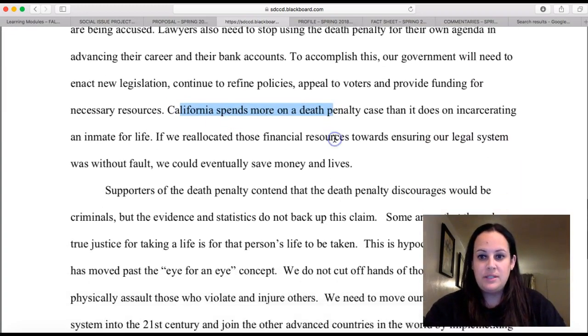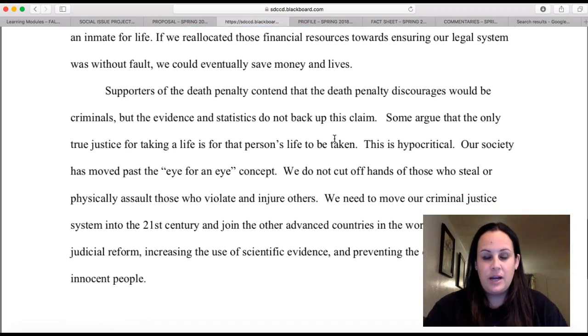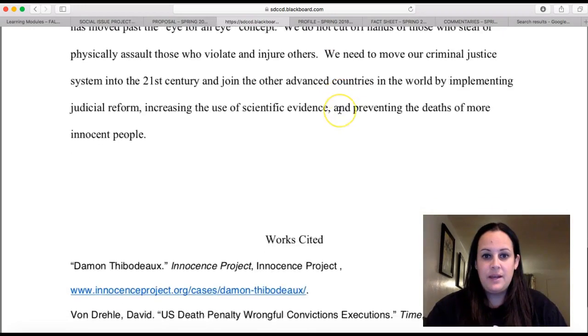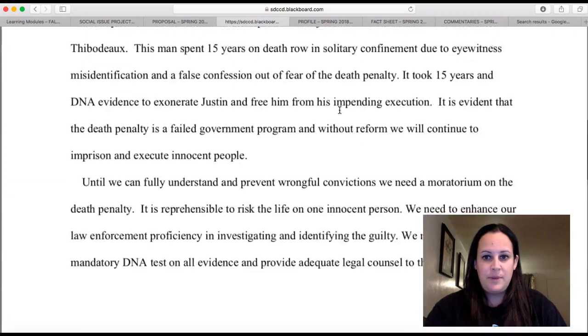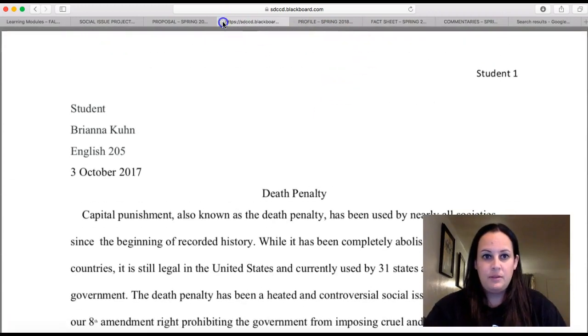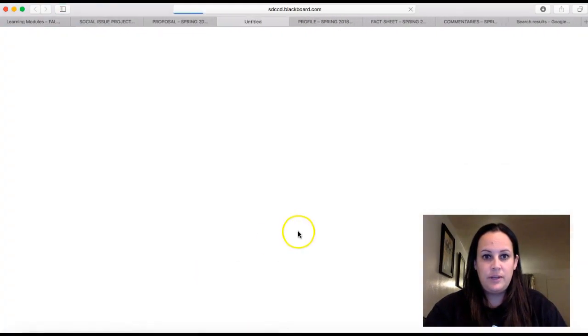California spends more on the death penalty. Here's a reason for not having the death penalty, right? So you can read through that. Notice it's only about a page and a half, right? And then the hand washing one,